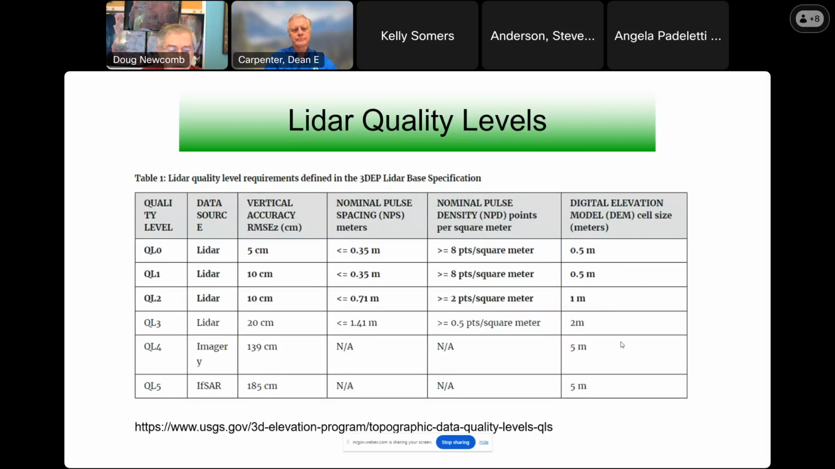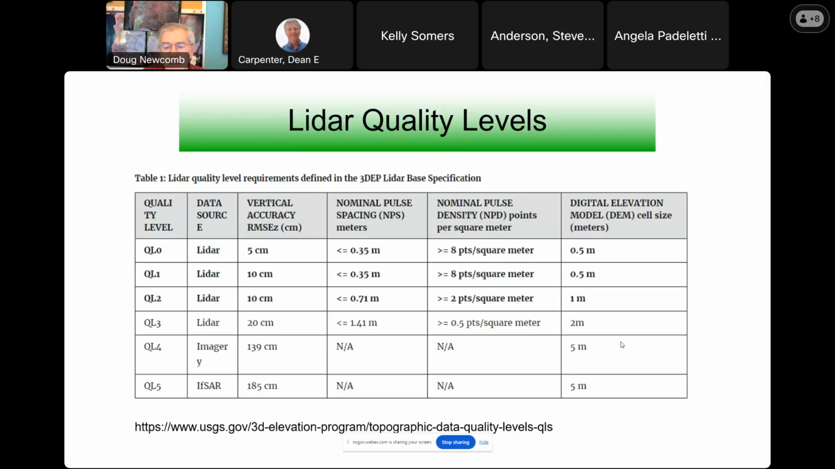The 2014 and 2015 data for the eastern half of the state was flown at QL2, which is 2 points, not per square, it's per linear meter. It's basically a 7/10 of a meter spacing between each nominal pulse. Whereas the QL1 data, which is what the western half of the state was flown in, and the 2020 data